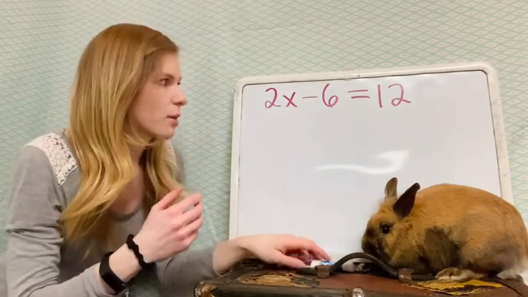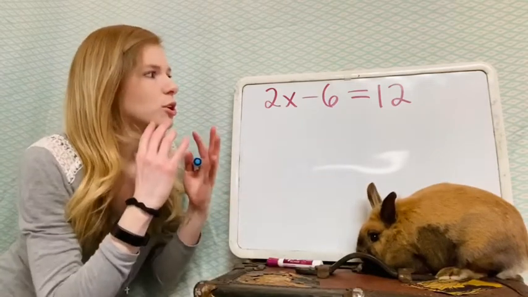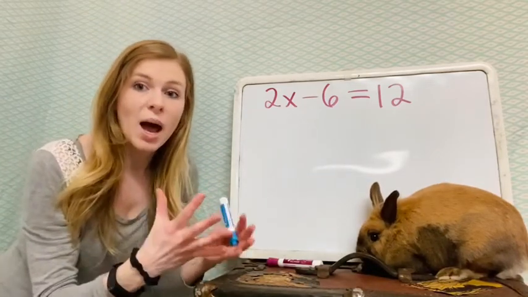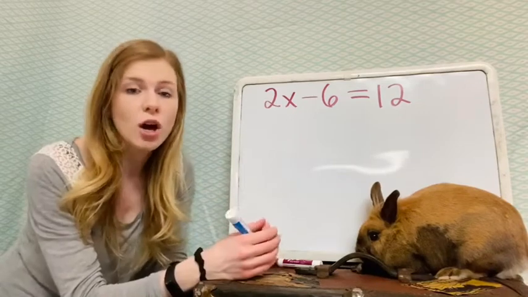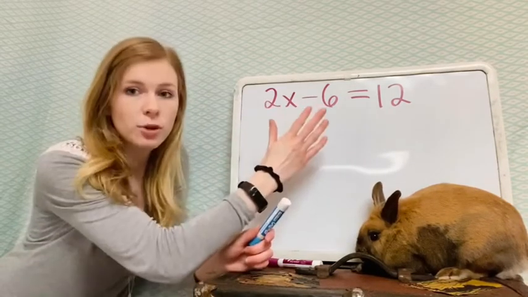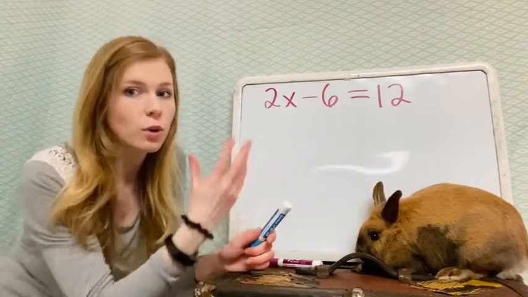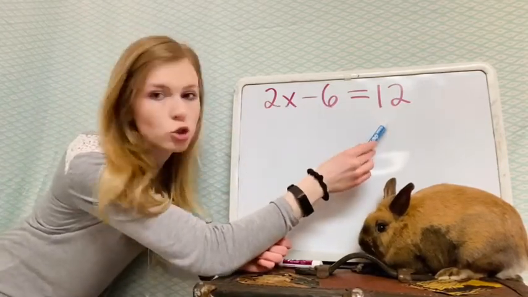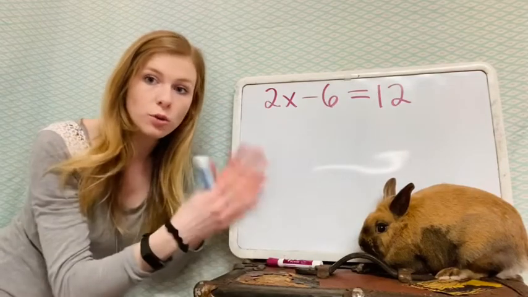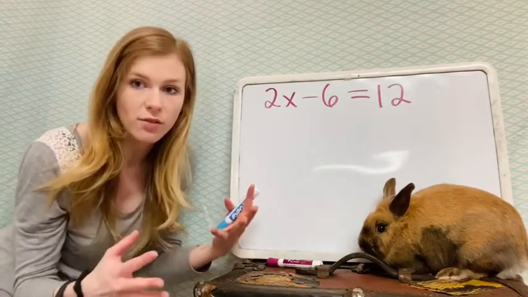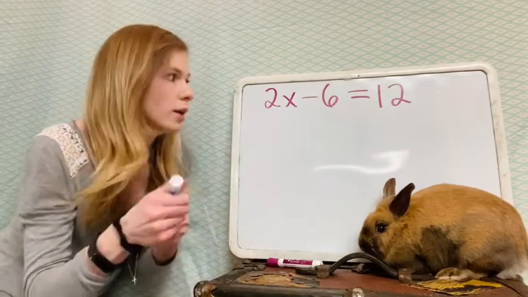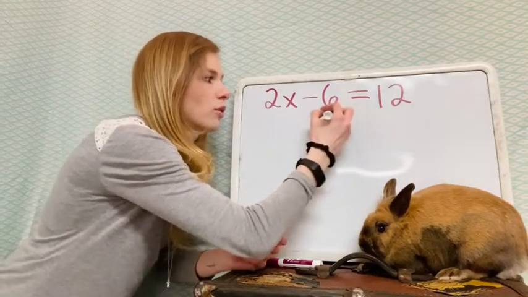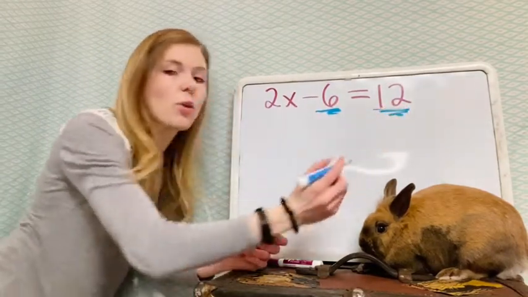So for this example, what I'm going to do first is combine all my constants, and constants are the numbers up here that don't have variables. So when I look at this, I notice that the minus 6 and the 12 are 2 terms in this equation where neither of them have a variable. So I'm going to go ahead and underline both of these